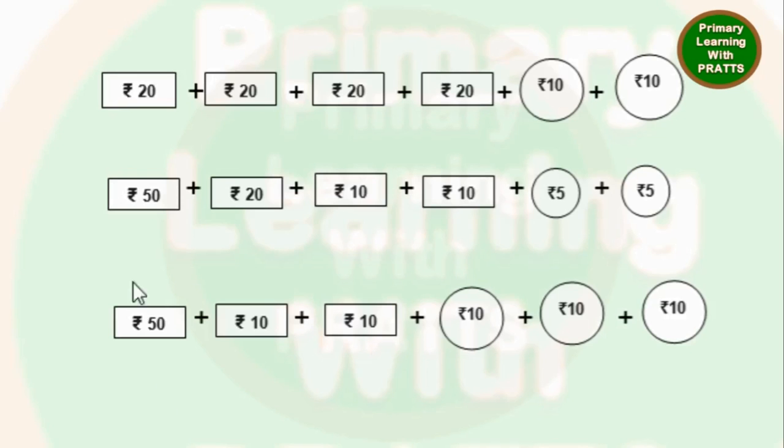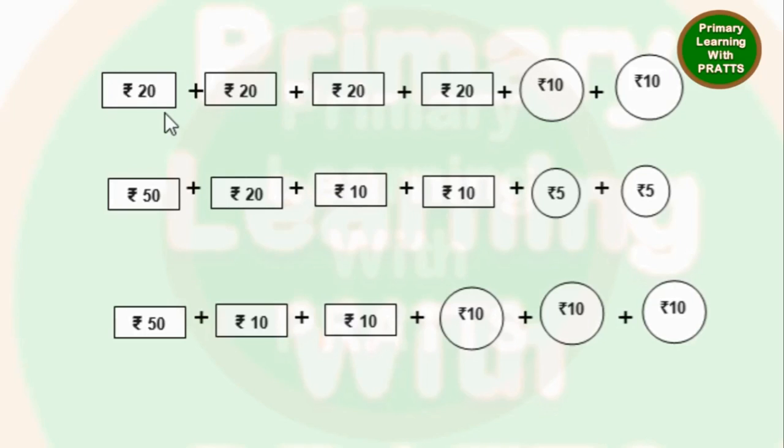Now, as there is no place for us to write in the textbook, we will write it in our notebook. And in your notebook, whenever you write, when you are drawing notes, you should do it in a rectangular box. You will draw a small rectangle, write the rupee symbol inside, and then write your denomination. In the same way, when you are drawing a coin, you will make a circle, write the rupee symbol and then write the denomination inside. So now let's count to rupees 100.